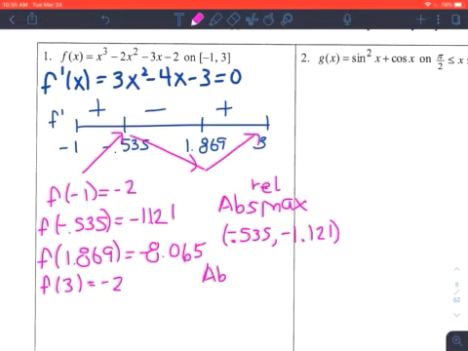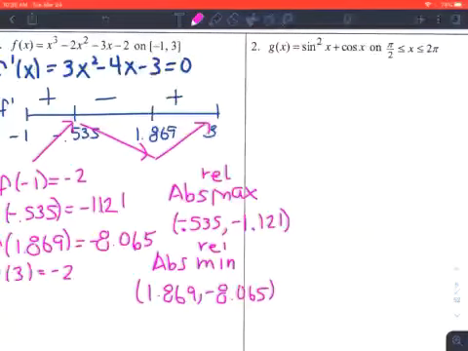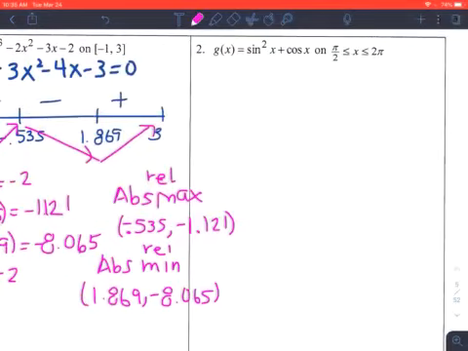And we have an absolute min happening at 1.869 and negative 8.065. And that is also relative. So we want to check the endpoints, we want to check our other values, and we want to get that occurring. Okay, so this next one,